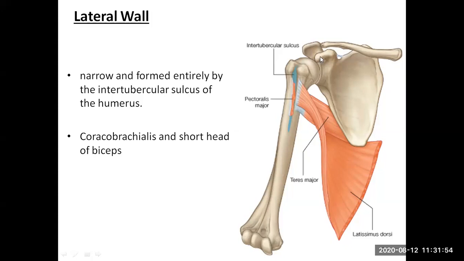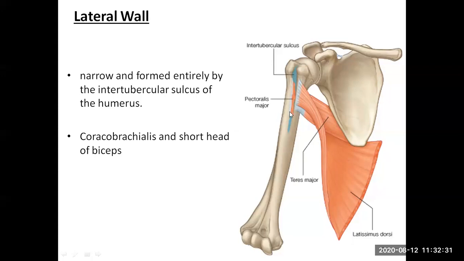From this coracoid process, one muscle is appearing here, coracobrachialis. The biceps muscle has two heads of origin. Bi means two, ceps means head. One is the long head I just explained. The long head arises from the supraglenoid tubercle, passes over the head of the humerus, between the greater and lesser tubercle, and in the intertubercular sulcus it is lodged.